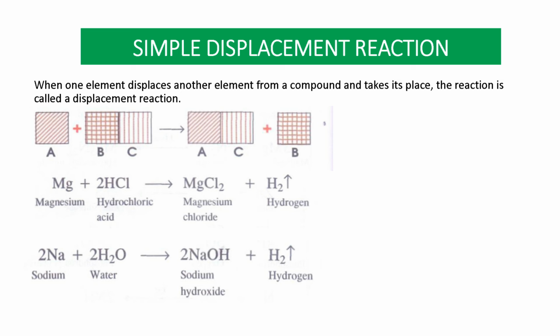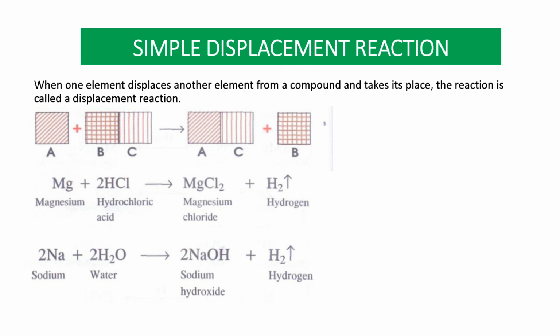Here you can see in this reaction there is an arrow pointing upward. So what is the meaning of that arrow? That arrow shows that there is an evolution of gas in this reaction. Hydrogen gas is liberated in this reaction. So the arrow pointing upward shows the evolution of gas. So it is very important. Remember this. In the next reaction you can see there is also an arrow pointing upward. That means hydrogen gas is liberated, or there is an evolution of hydrogen gas.